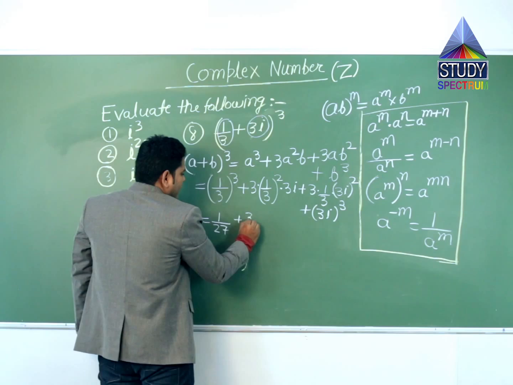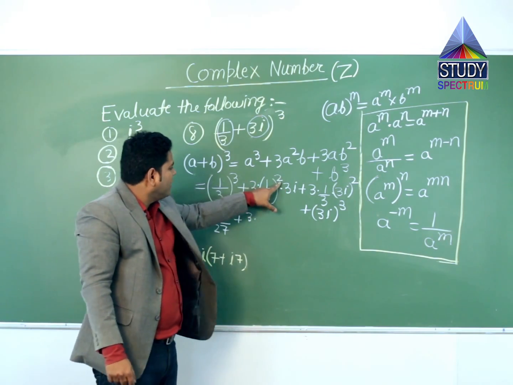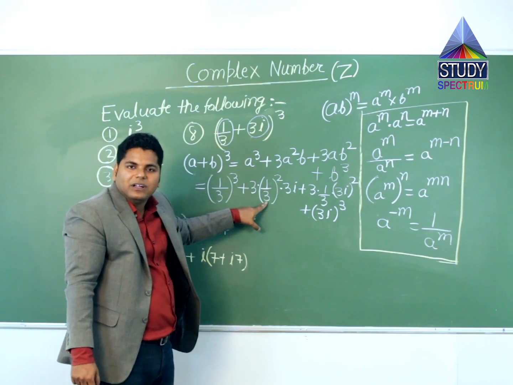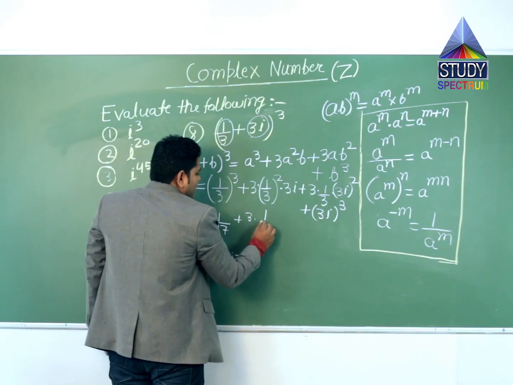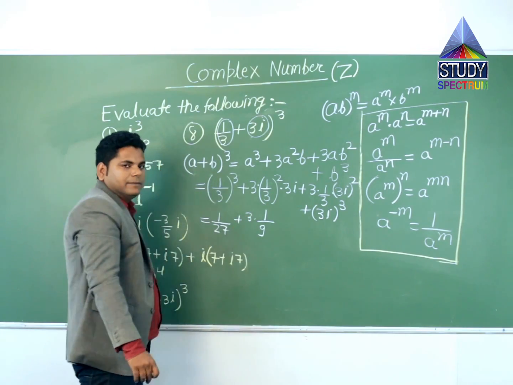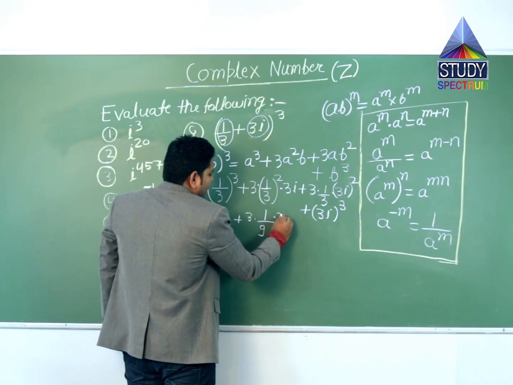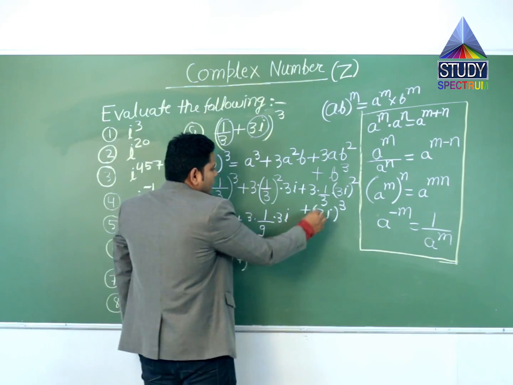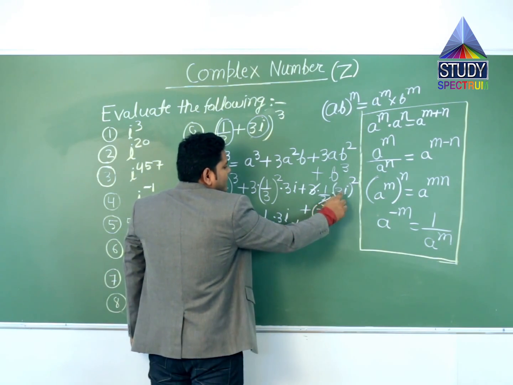plus 3 into (1/3) the whole square, it means 2 is the exponent of 1 and 2 is also the exponent for 3, so 1 square is 1 and 3 square is 9, and into 3i, so we'll write 3i, okay. This 3 and this 3 will be cancelled out, so we are left with (3i) the whole